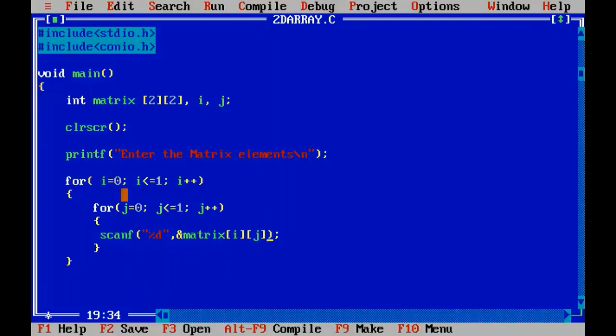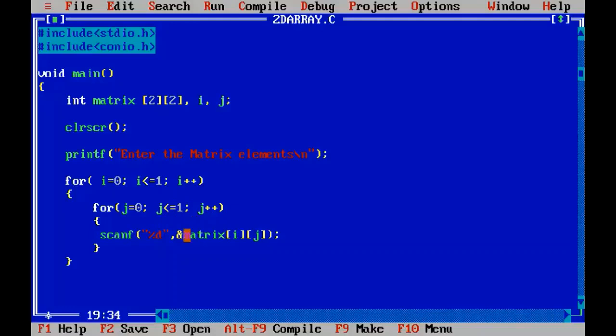When the i value is 0, loop control comes inside having j value 0, right? When i is 0, j is 0, we are referring to the first cell of the first row. So that location is referenced, and the number that came in will be stored in matrix of 0 into 0.